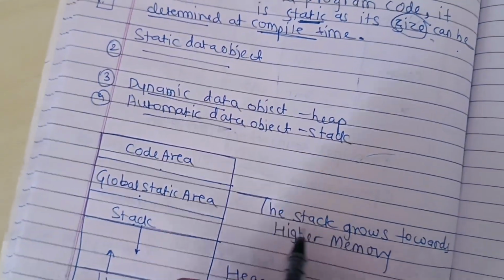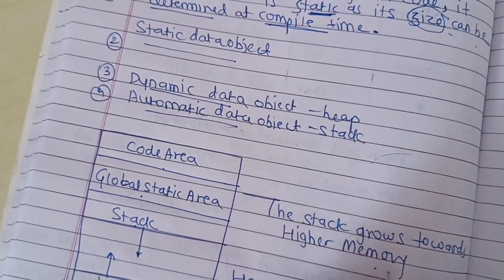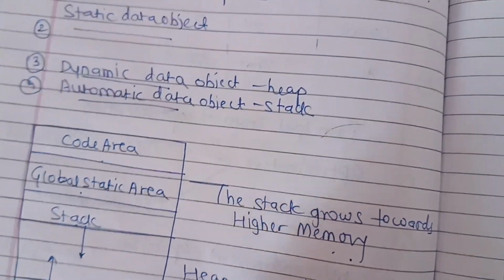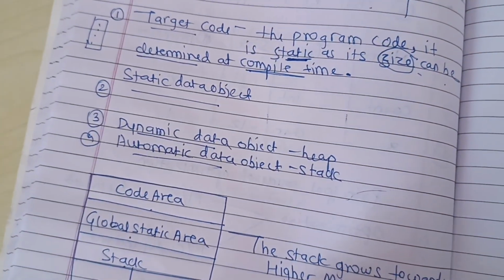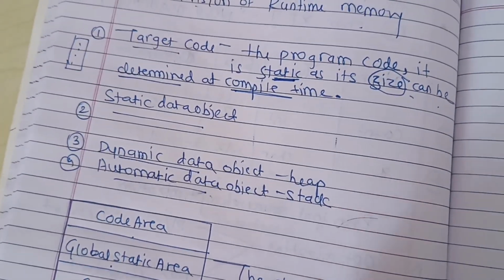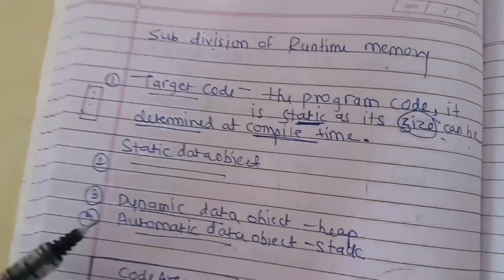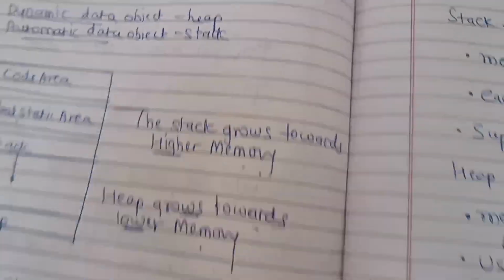And the main thing is stack grows towards higher memory, heap goes towards lower memory, stack grows towards higher memory. So why does this happen? The basic thing is